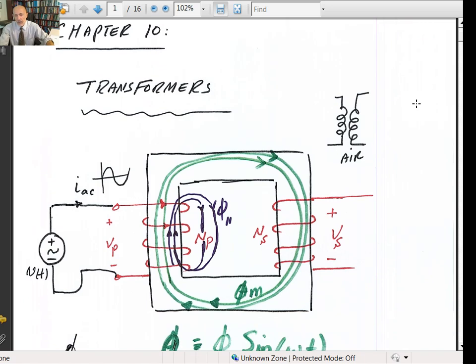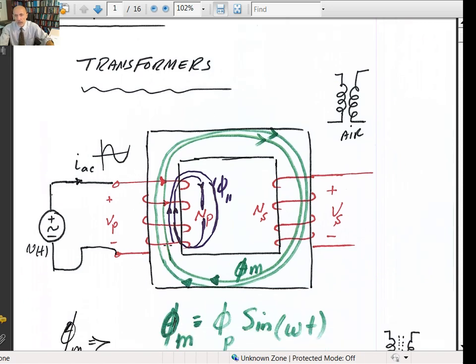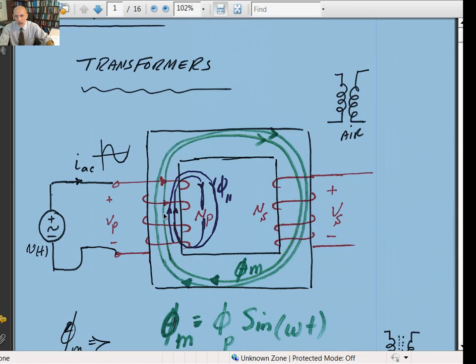If you look at just a regular transformer, you have your primary and the secondary winding. Of course, we're going to talk about AC only, because if you're applying a DC voltage here, it turns out the voltage induced by Faraday's law has to come from a varying magnetic field. If it's a constant magnetic field, you produce a magnetic field, but the voltage would be zero. So you definitely need to have an AC